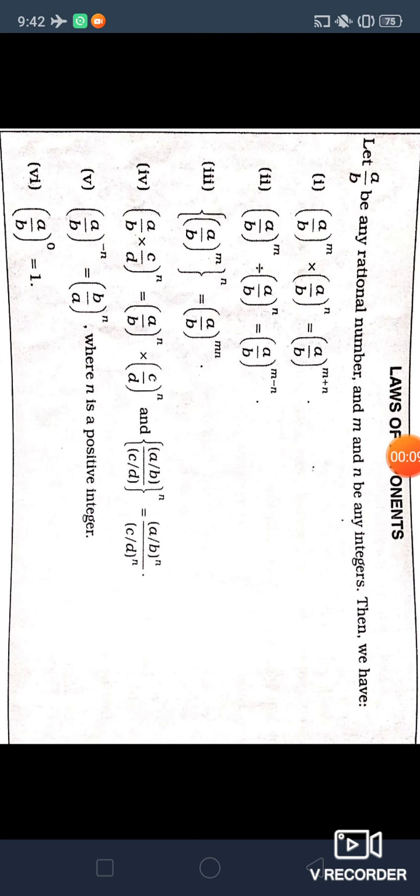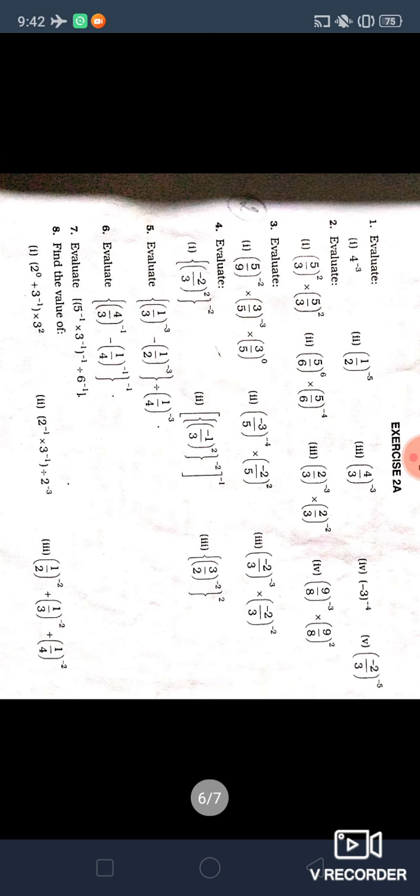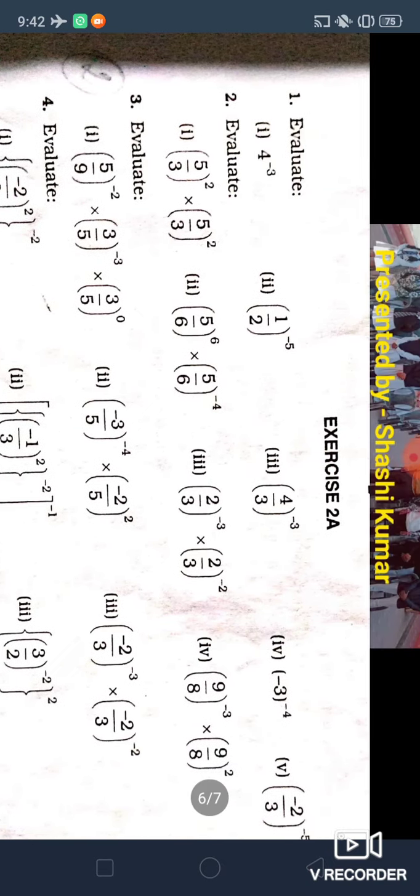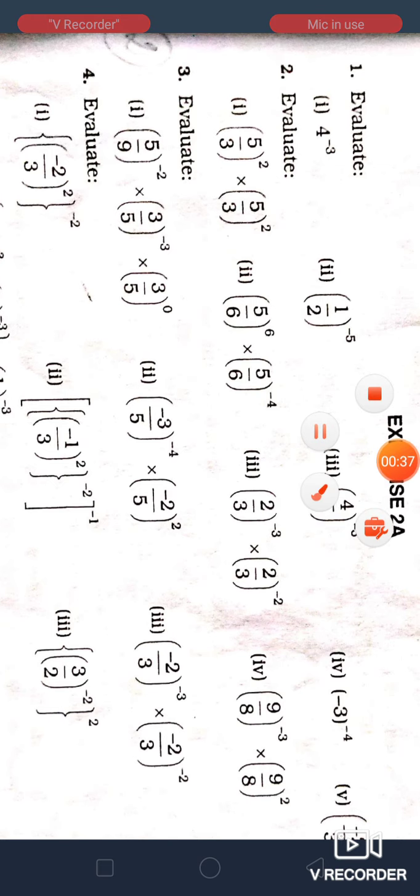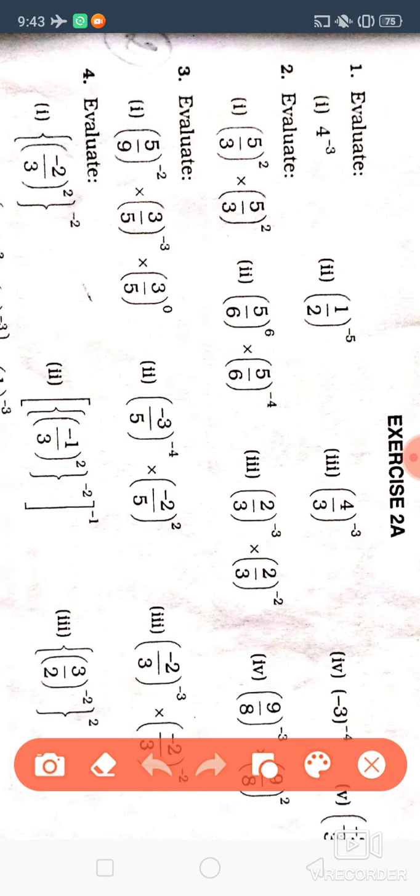So earlier we have solved this. We have seen this example, all the concept with examples. Now today we are going to deal with the exercise problems. Okay, so today we are going to solve the exercise related to this concept. So this is your exercise 2A. Now today deal with these questions. So I'm going to start with the first question. Okay. So these two questions are easy. You can solve. I'm going to tell you this third question.